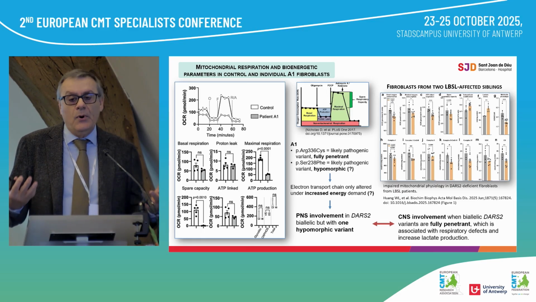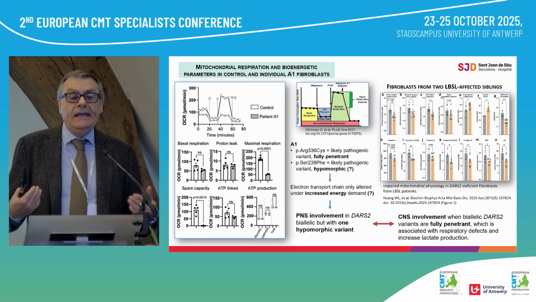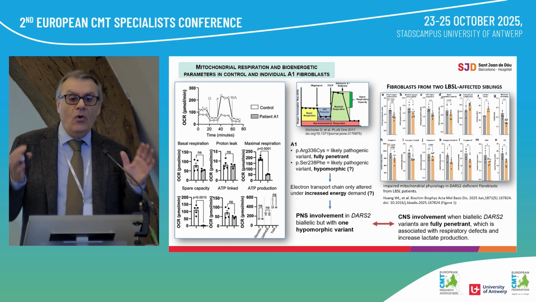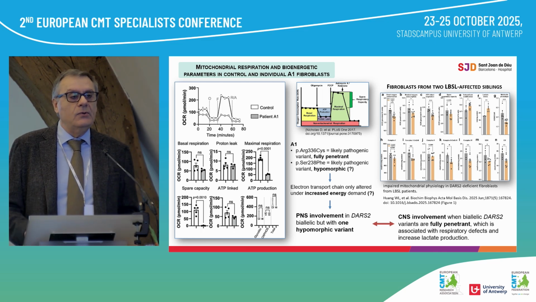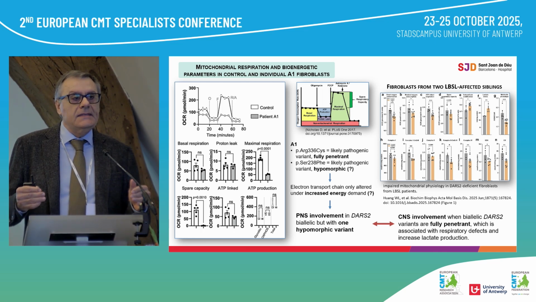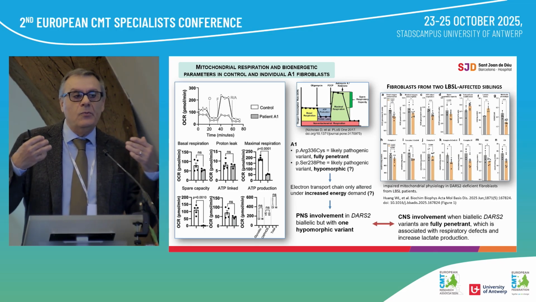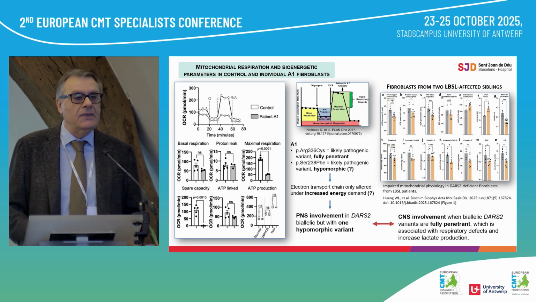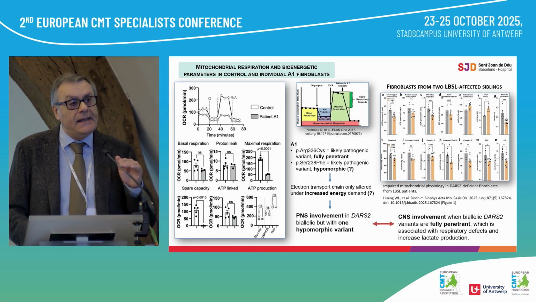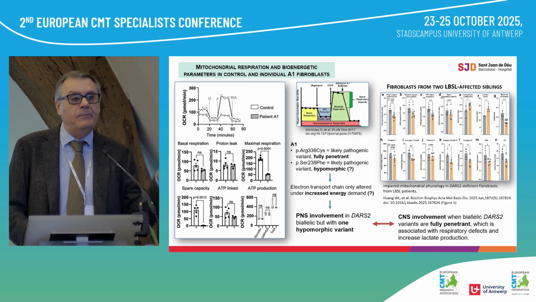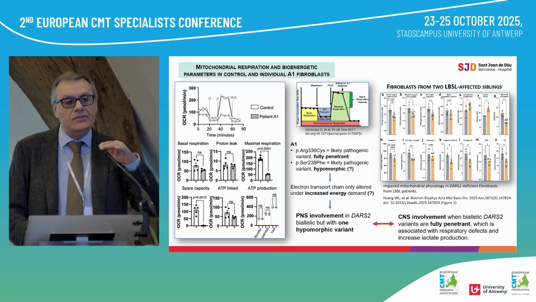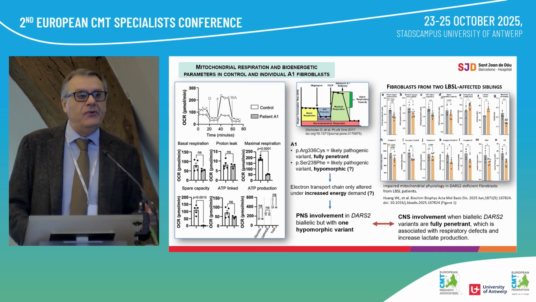And we postulate that in the case of our patient, who has only an axonal Charcot-Marie-Tooth phenotype, it could be related to the general environment that could be stressing or not the cells in a specific situation. So maybe this explains why both types of patients with different mutations in the same gene could have different phenotypic